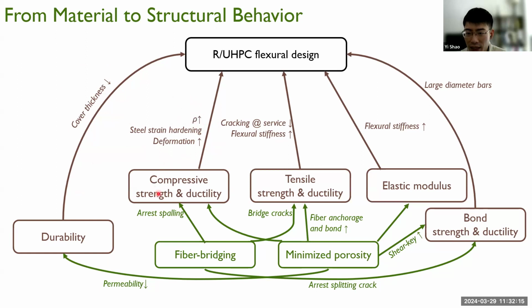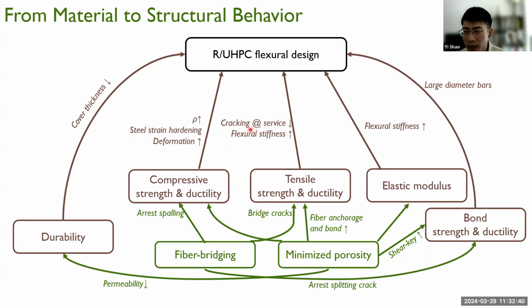So with a high compressive strength and compressive ductility, we can utilize a higher reinforcing ratio in UHPC beams. We can utilize the post-yield hardening strength of steel rebar in the ultimate state. We can also increase the deformation capacity with a high compression toughness. And a high tensile strength and high tensile ductility can increase the cracking resistance at surface level, which is very